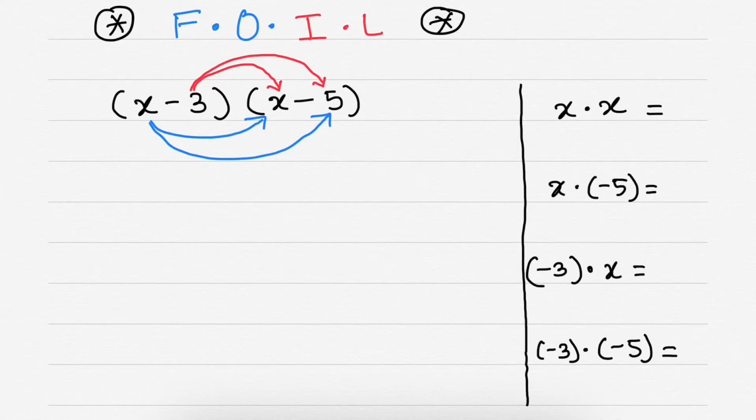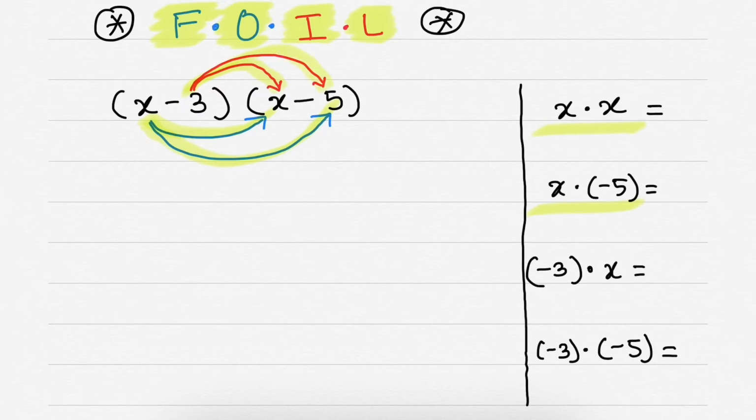So FOIL basically stands for first. F stands for first, O stands for outer, I stands for inner, and L stands for last. And you can see that my arrows are shown in blue. These are first terms, that's why it's called first. You multiply x with x, then you multiply x with -5. And inner terms are -3 and x, so you'll multiply -3 and x, and then you will multiply -3 and